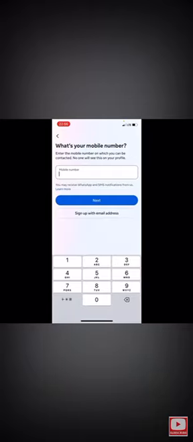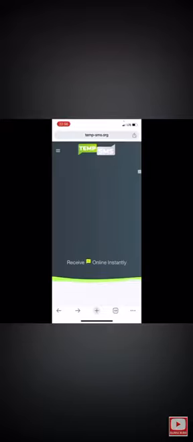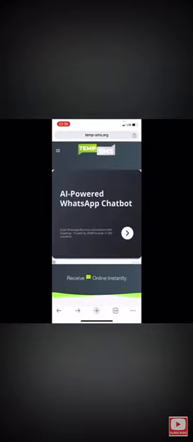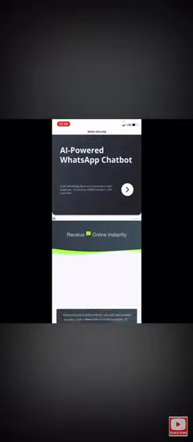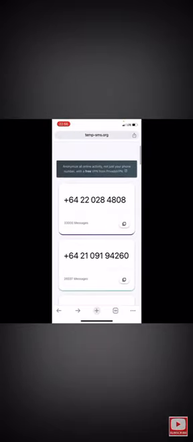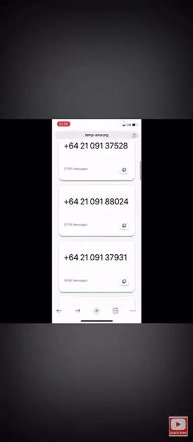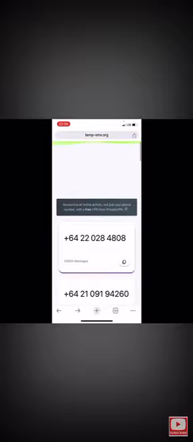All right, now to put in your foreign phone number, which is the Zealand phone number, what we're gonna do is to go over to this site. All right, you can see tempsms.org, so make sure you type it exactly the way it is on this site. All right, so when you get here, you got to scroll down and then you got to see the phone numbers that are available, right? So you can just see any one of your choice and then click on the copy option from the phone